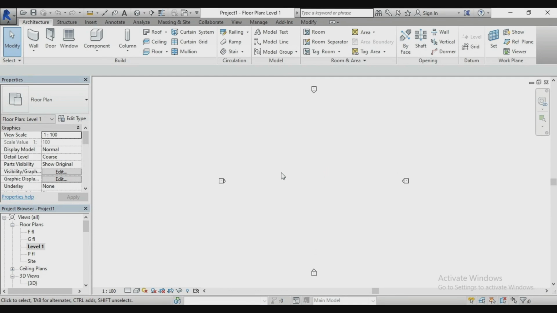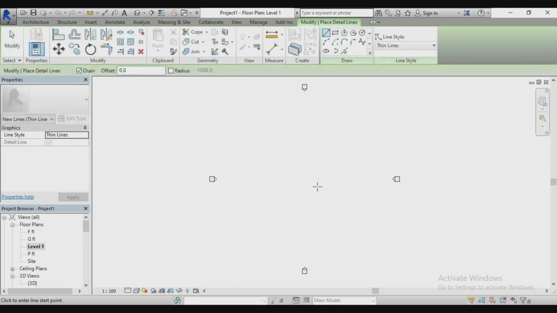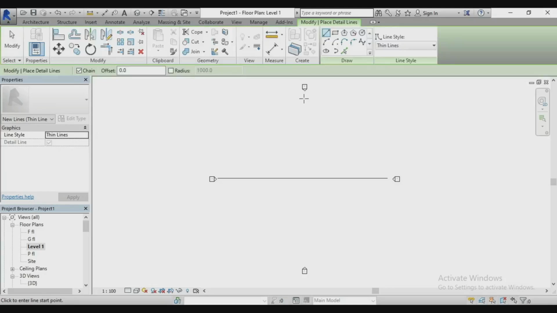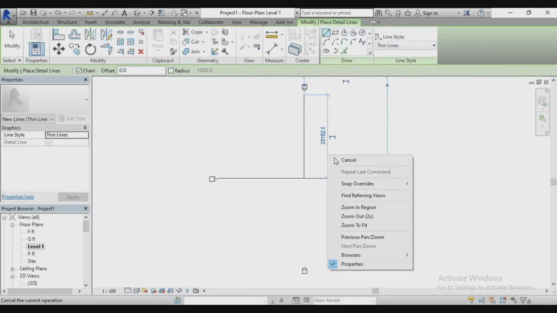What we're trying to do here is to create some guidelines using annotative line, that is detail line, DL. So you pick your line DL and draw a horizontal line as seen on the screen. Don't worry about the dimension, just ensure it's long enough, and then draw a vertical line perpendicular to the horizontal line,